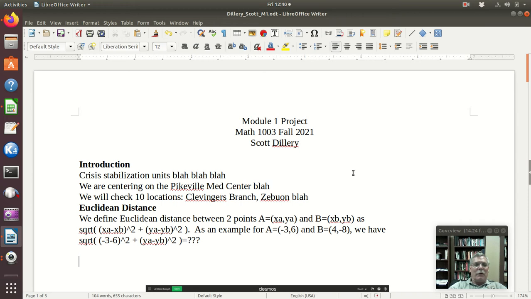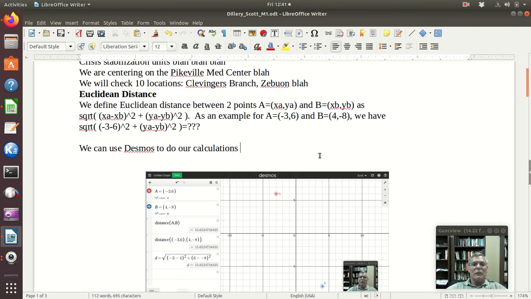You know, maybe a paragraph. We can use Desmos to do our calculations, and then something like "see Figure 1."